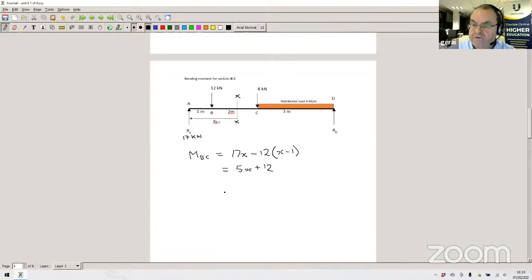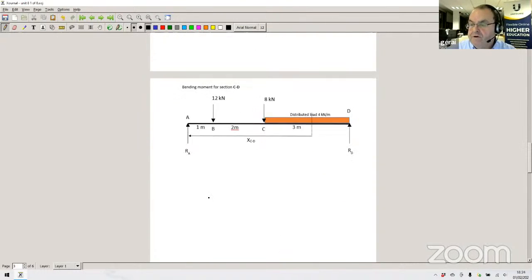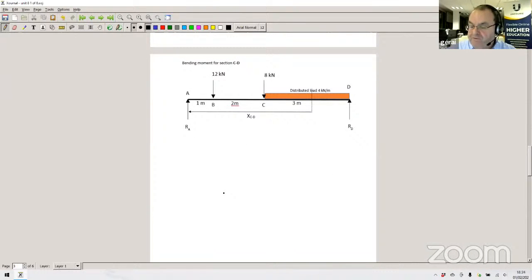Bear that in mind for the next page, where we do exactly the same process again. We find the bending moment, again putting an arbitrary position X in section CD, which we call X again. But this time we have two loads: the 8 kilonewtons and the distributed load. The distributed load is a bit more fiddly, so we have to take a little care with it. So the moment for section CD